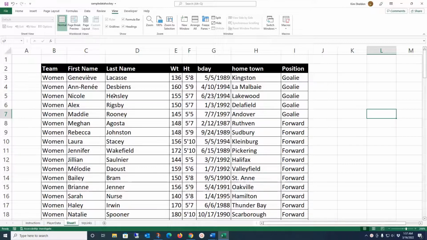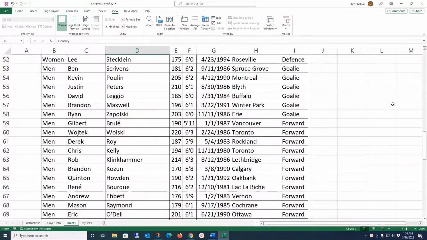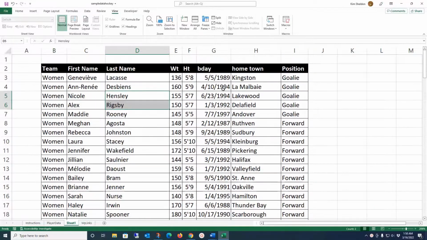So this is a hockey roster. There's women, men, whatever. It has all their information on here. So rather than scrolling and trying to figure out if any of them are duplicated, if there's been duplicate entries or whatever, yeah, you could sort, which I'm going to show you how to do in the next section. But you could sort. There's all sorts of ways you could find these duplicates, but the very easiest way